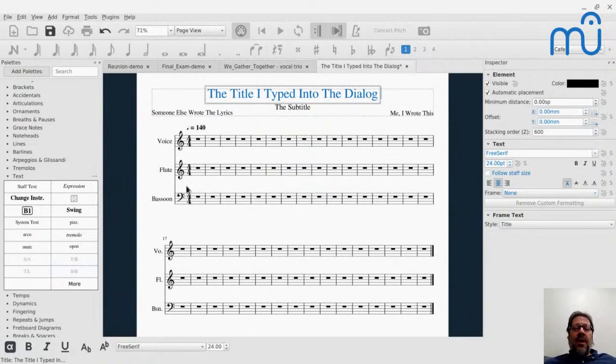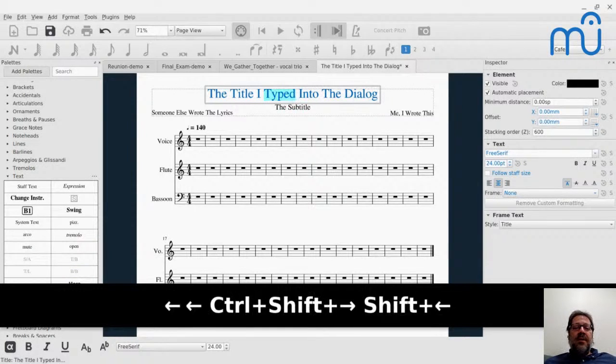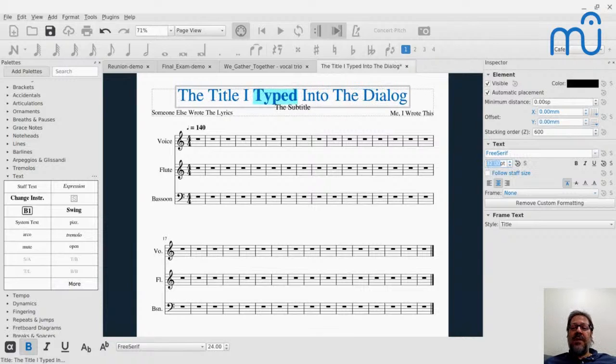But this is where, if you wanted just one word to be bold, you can make just that word bold. But if you want the whole thing bold, you would do it over here, and that makes the whole thing bold. Well, it would have if I hadn't made one word bold. So yeah, it would have. I can change the size of it here. I'm hitting the up arrow and it's not recording it, but it's the truth.